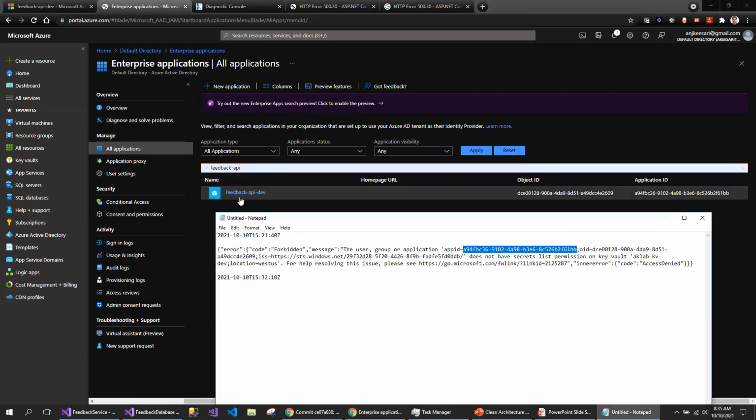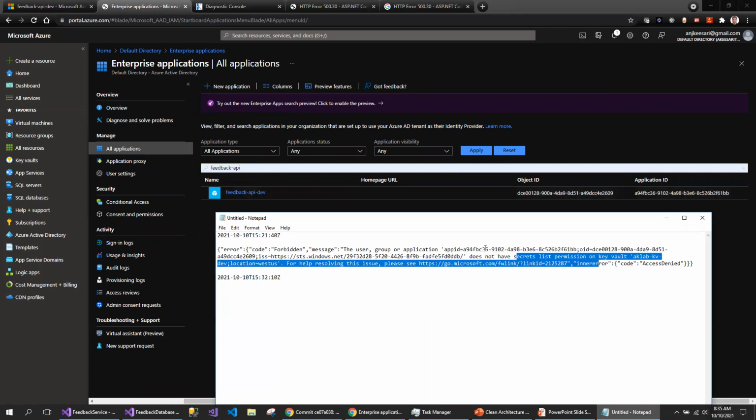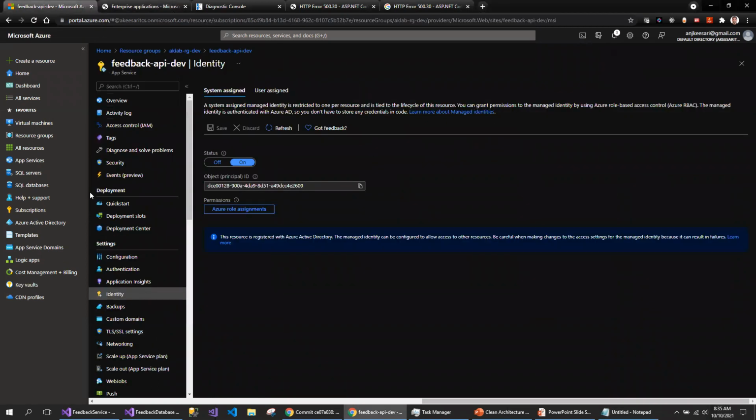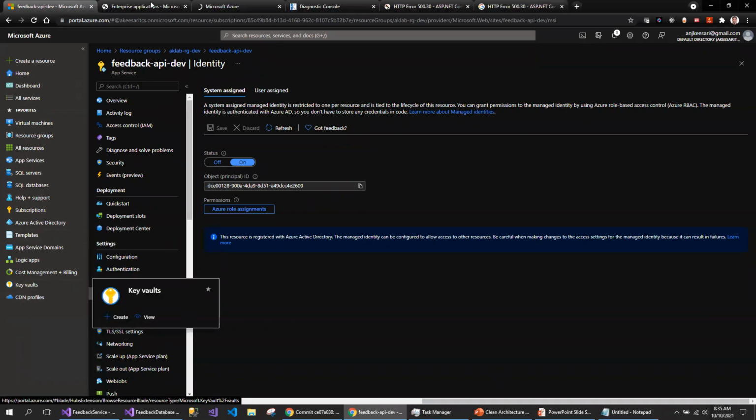So this service principal is trying to access the Azure Key Vault, but the access is not provided. So let me go back to the Key Vault service and provide access to this API so that the API will be able to talk to the Key Vault.